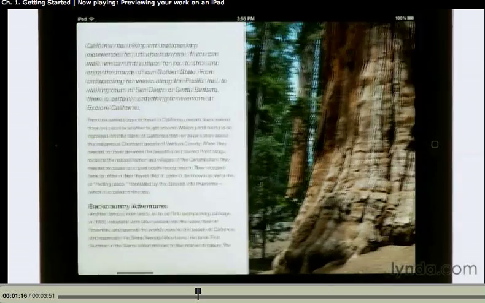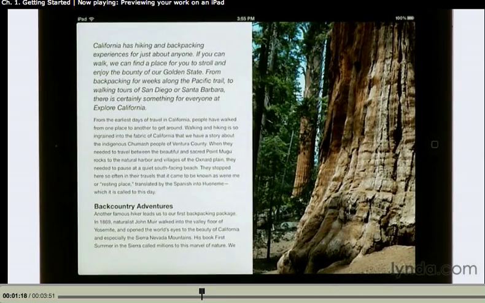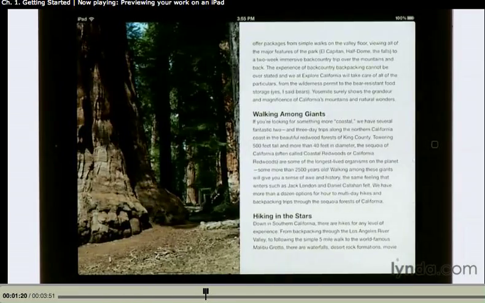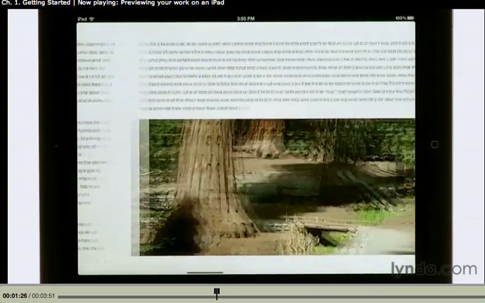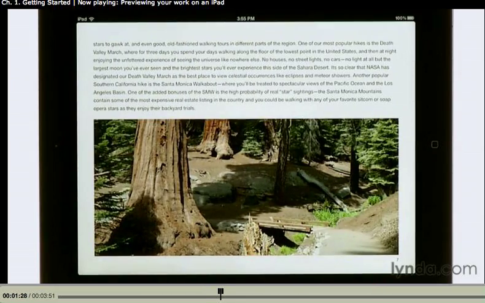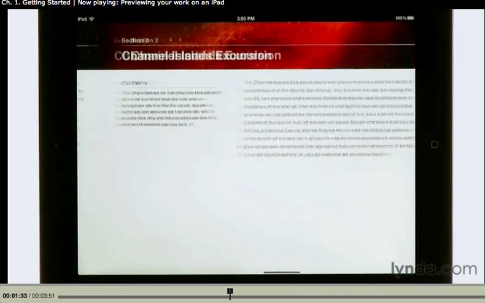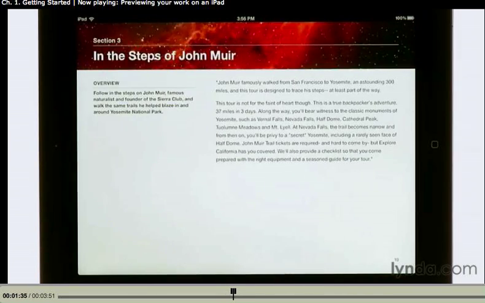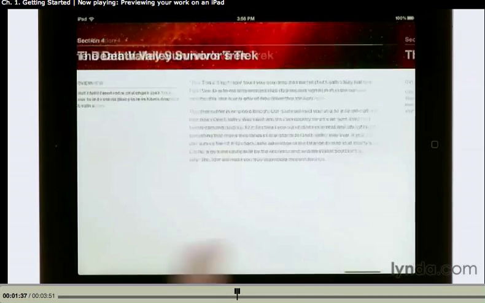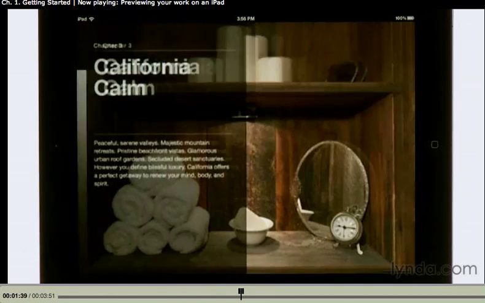Here we have our tree image that we added in an earlier movie, and you can see as we swipe over from one page to the next, we get a seamless integration. Our text is nicely laid out. We can swipe over to the next page. Here's our image at the bottom with our other layout. On these pages, we haven't changed the header template layout. We can swipe over to some of these next pages, and then we're able to swipe through the various chapters